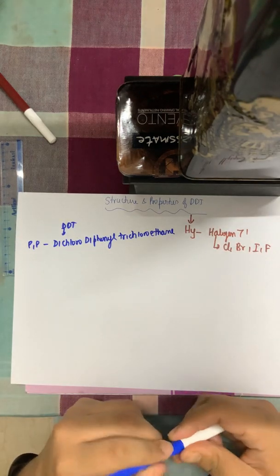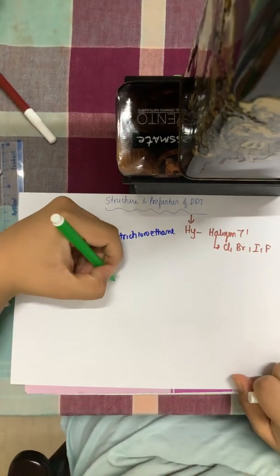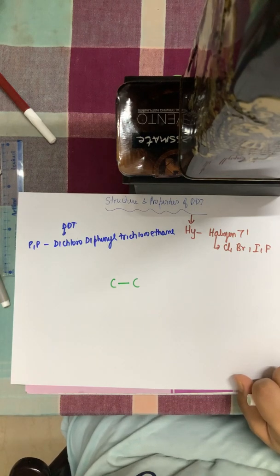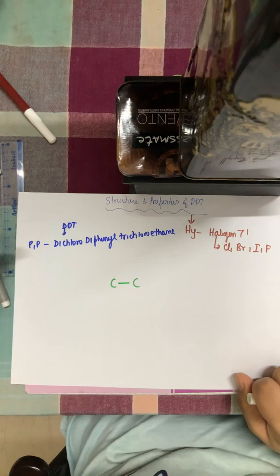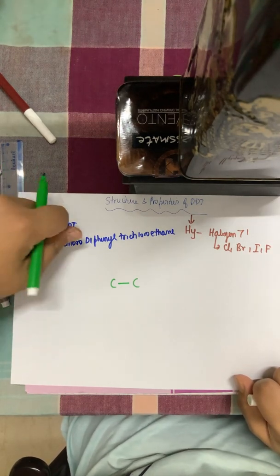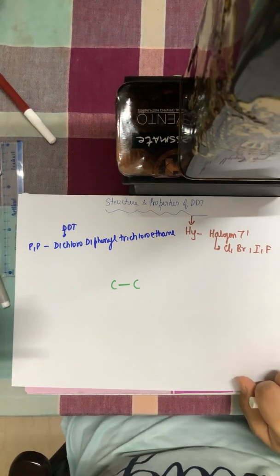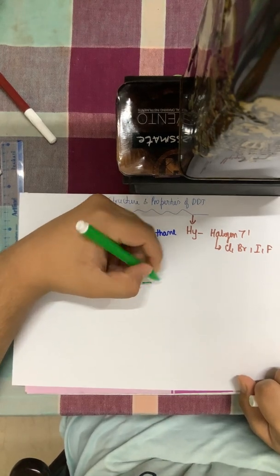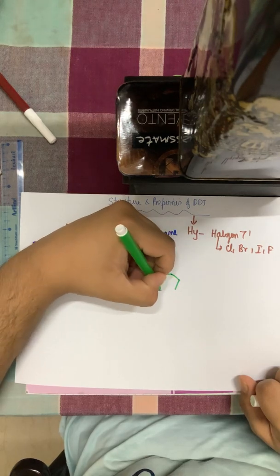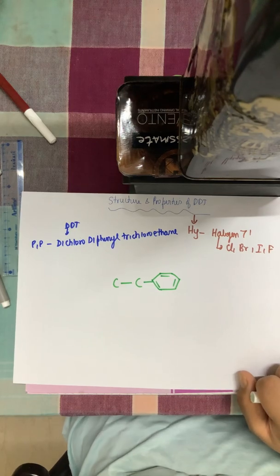The first thing is the main chain of it is ethane. So let us draw an ethane chain. This is the main chain, ethane. On this ethane, we have two phenyls with two chloros, on the same carbon. Now what is a phenyl group? Phenyl is a substituted benzene. That means if I substitute the benzene ring here, one benzene here, it is a substituted benzene called a phenyl.